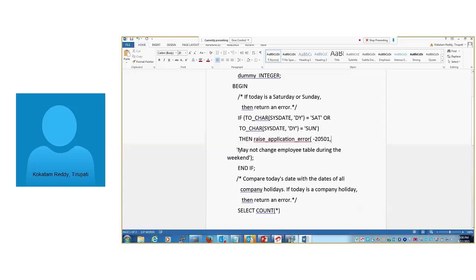Here we specify the error message: may not change employee table during the weekend.